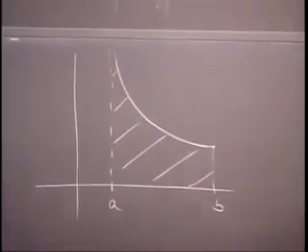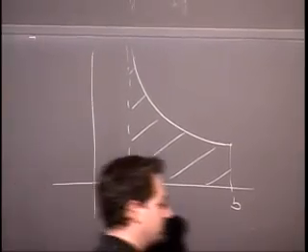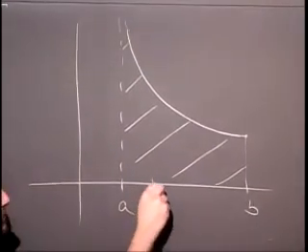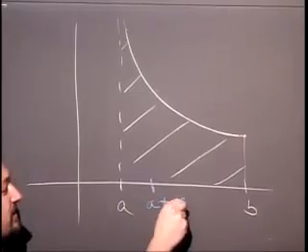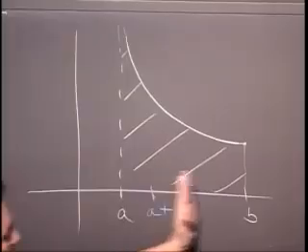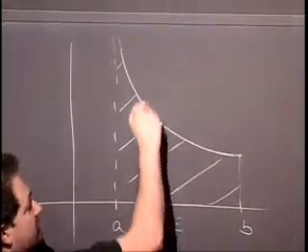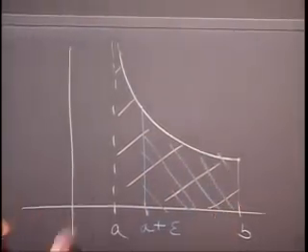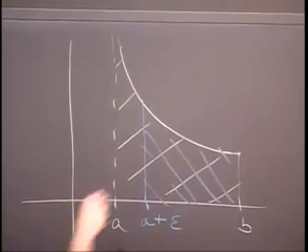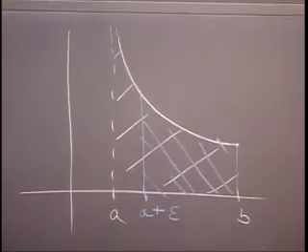How are we going to define what it means to take this area? Well, let's suppose that we don't get too ambitious. Instead of starting at a, we'll start a little bit to the right of a, say a plus epsilon, where epsilon is a positive number that's pretty small. I certainly don't want to go past b. I need to stay in here. If I only content myself with this area, there's no problem because there's no blow-up. There's no vertical asymptote. Everything is nice. This blue region has some area. Then I say, okay, so what is that area? Well, the blue area